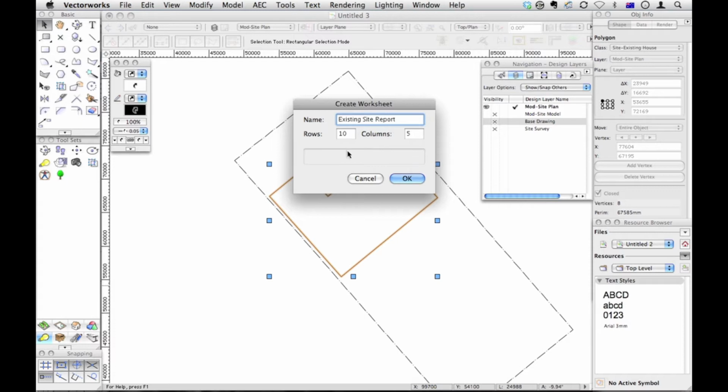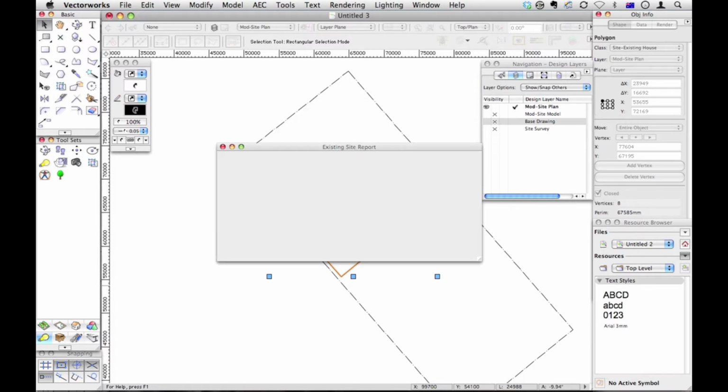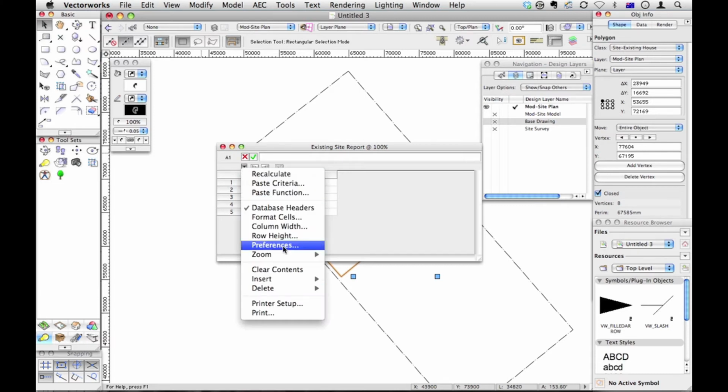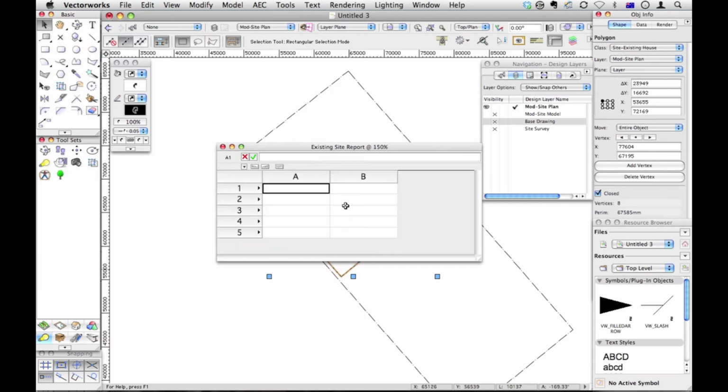Okay, so how many rows do we need? We only need about 4 or 5 rows and 2 columns. And there's my counting. So let's go to zoom, make it a bit bigger and make it easier to see. You can change the width of rows, width of columns doing that if you like. So let's start here and we're going to type in